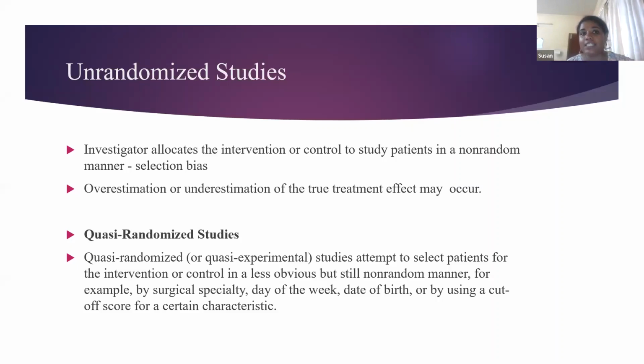Under these non-randomized studies, we also have quasi-randomized. Here it is not the investigator saying, I am going to treat this particular patient, but they will say, those who come every Friday, or those who are born in an odd month, will get this treatment, and every even month will get the other. So there is not an equal chance for everybody, but some kind of allocation is done. That is how, under interventional studies, you have purely non-randomized and then quasi-randomized studies.